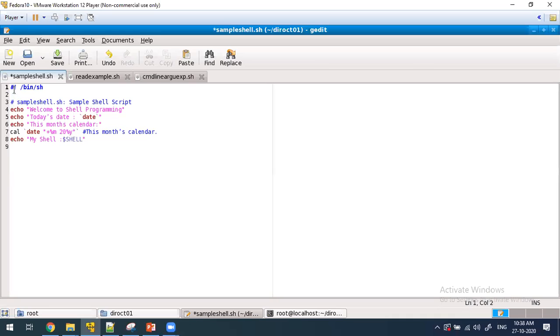See the difference between the first line and this line. Here, which indicates the shell, it starts with #, but next to it there is an exclamation mark. Then it will be treated as the address of a shell. But if it starts with a # alone, the remaining part is a comment. It is called a single line comment, and this will not be executed.